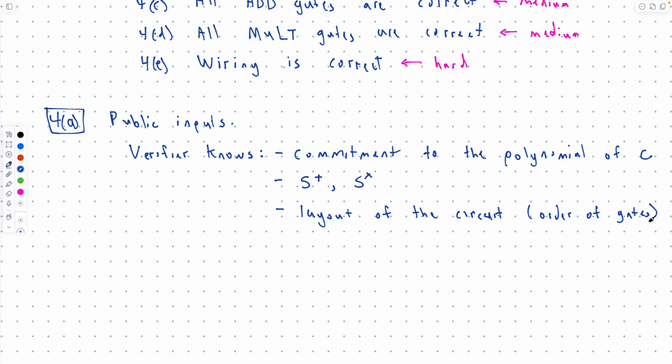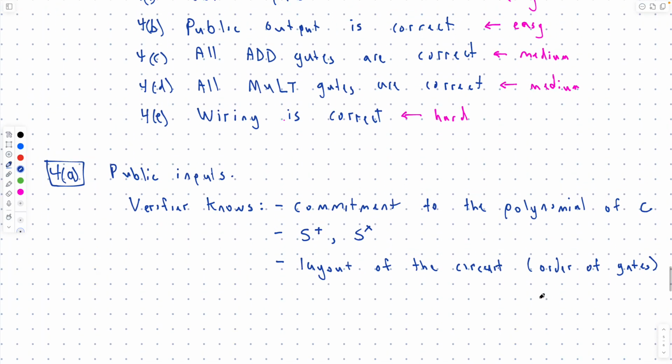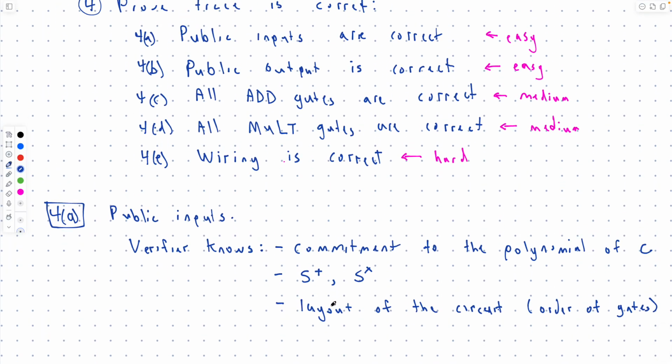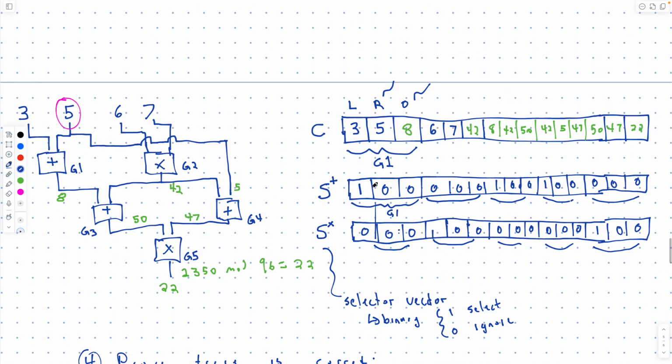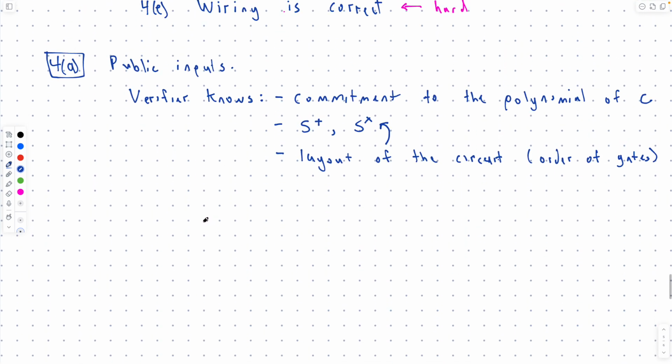But this is equivalent to knowing S plus and S multiply, right? Sort of. Let me put it like this. This implies this. So once you know this, then you know this. But you can't get the layout from this, right? This just tells you the first gate's a multiplication gate, but it could be this multiplication gate or this multiplication gate. That makes sense? Yeah. What's the format of the layout and how do you